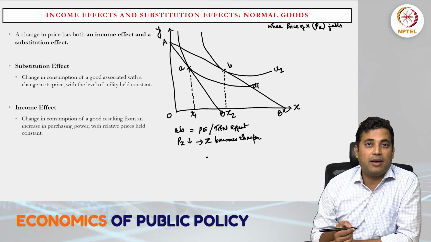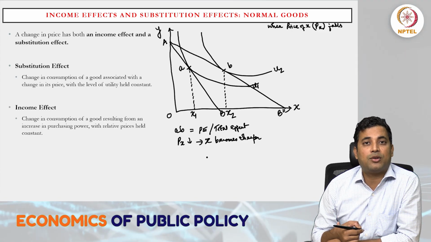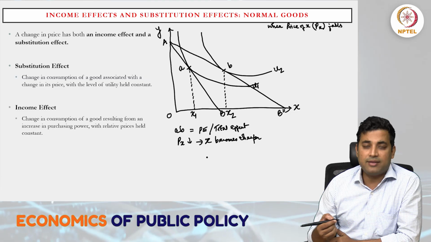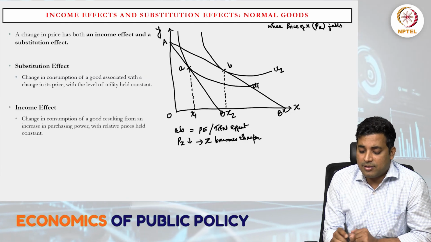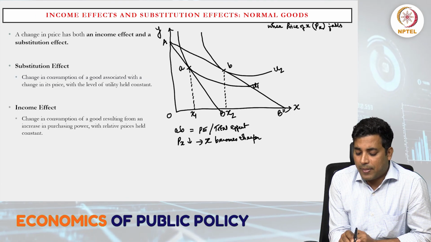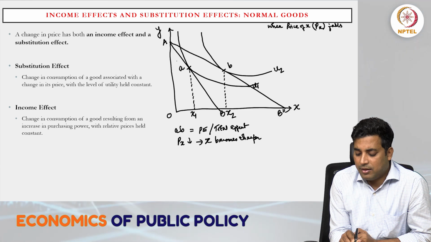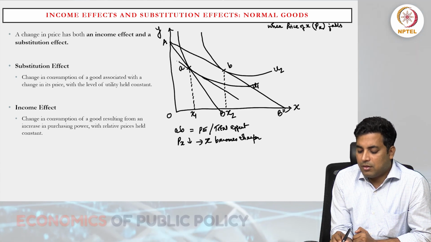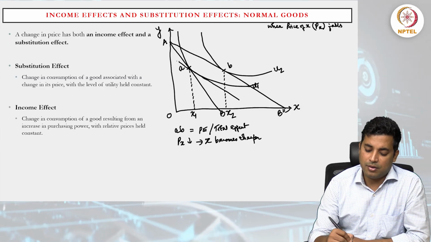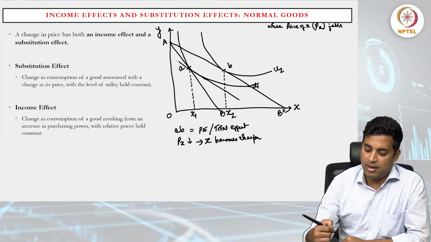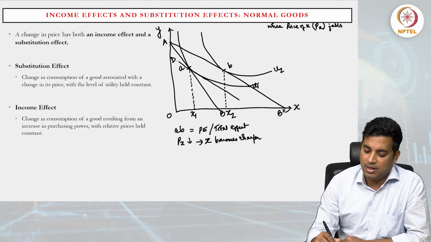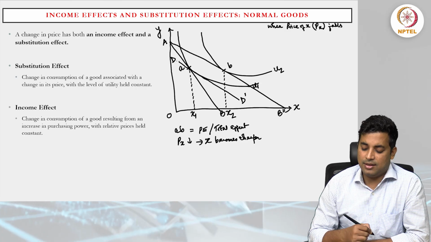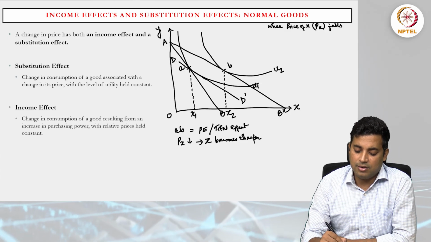But if I don't buy, then obviously it will also impact my income. So there is an income effect as well. So in this particular case we have a parallel budget line to AB, which is d and d dash,